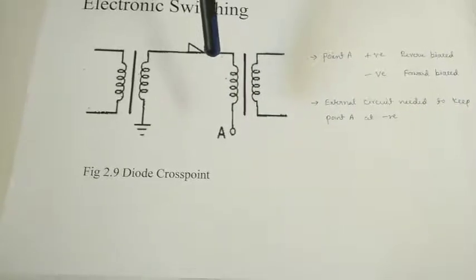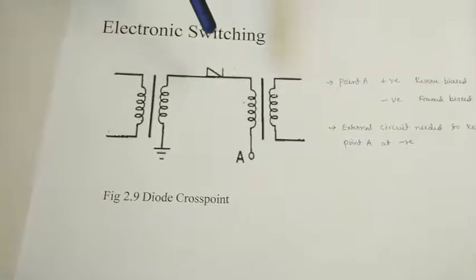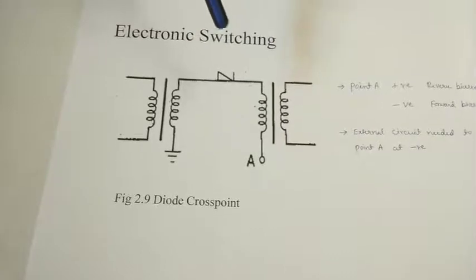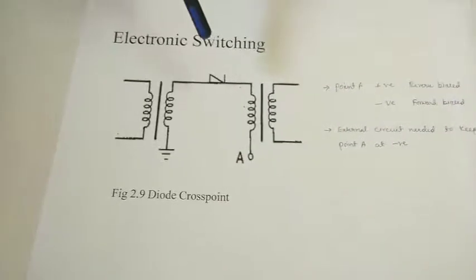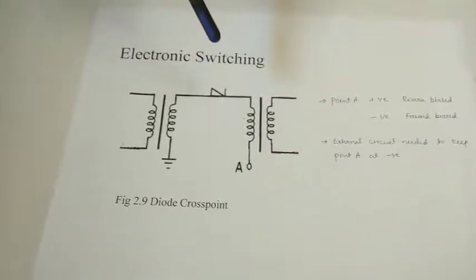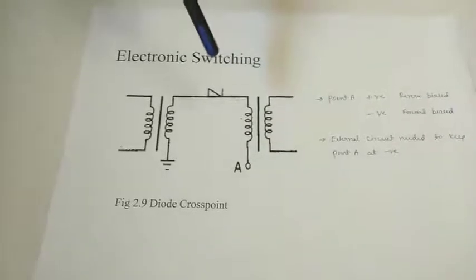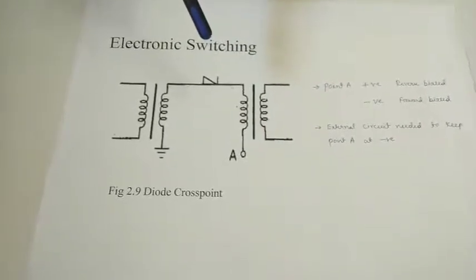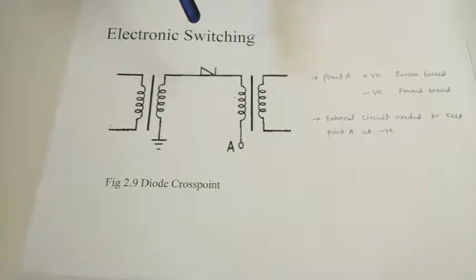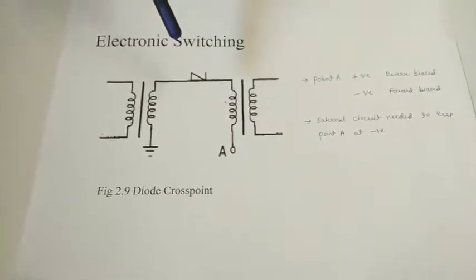The components used at this point may be cold cathode gas tubes or PNPN semiconductor devices. These are used as a single component for storage devices in a diode cross point system. And at the last, you can have an FDM system, that means frequency division multiplexing system, which was used in earlier days. And switching systems may be classified as space division and time division, which will be explained in the further chapters. Thank you.